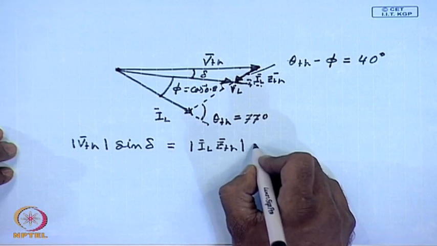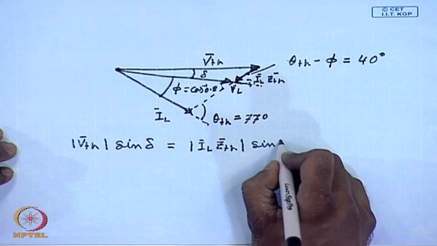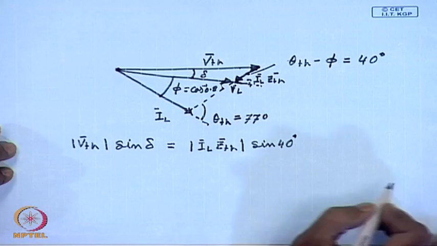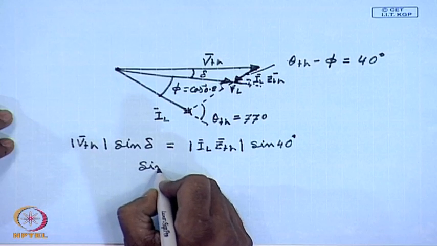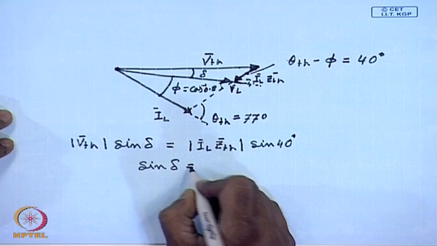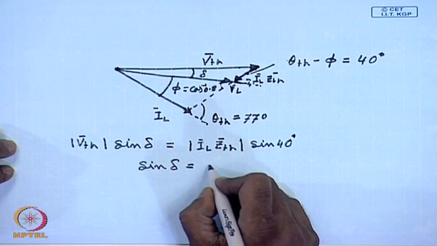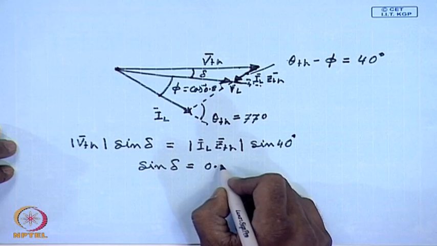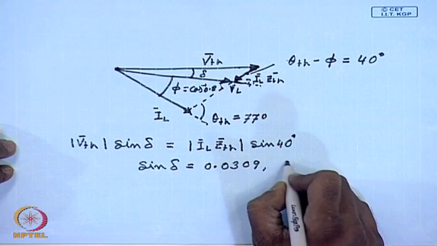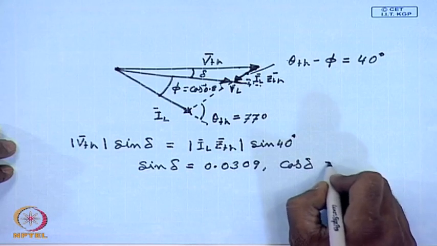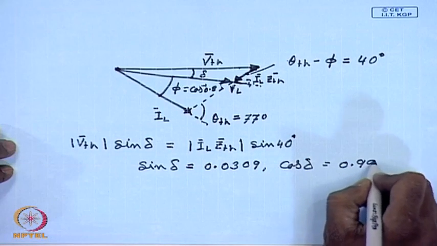And the angle is 40 degree. From here we get sin delta equal to 0.0309 and cos delta equal to 0.999